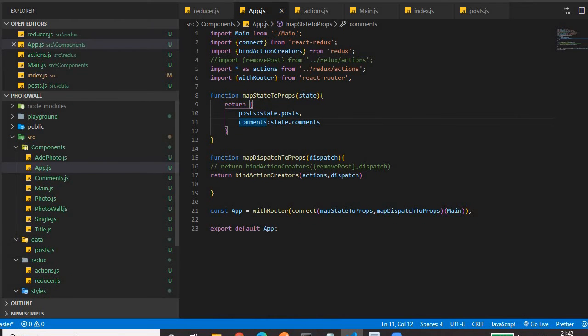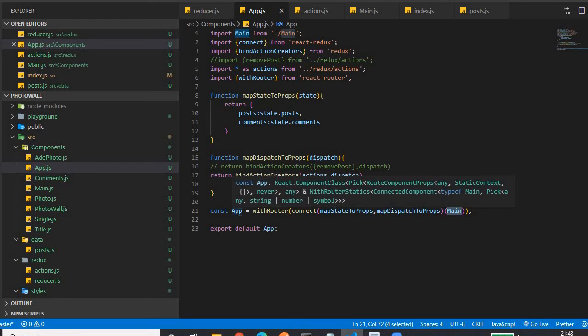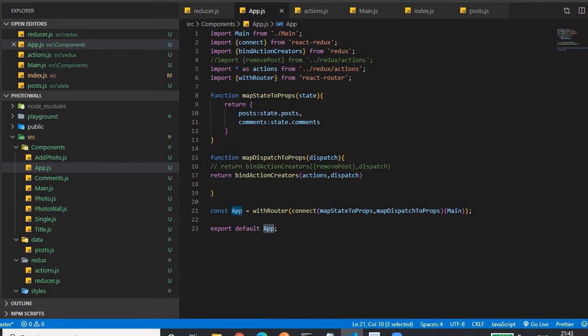then so we have created this function. Then what we have to do is attach this state to the main element. We have to connect it. For that we have to import connect from React Redux. Connect, then we have to provide the function mapStateToProps. The second function we will come to that. Then we have to connect to the main element, main component. That's why we have to write main here. So we have to import main also from the file. Now we can consider it a main component connected to the store.